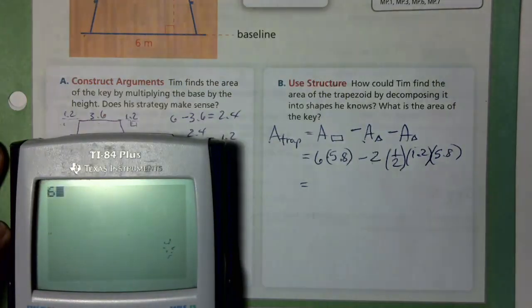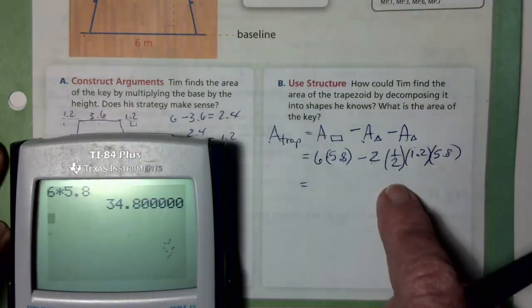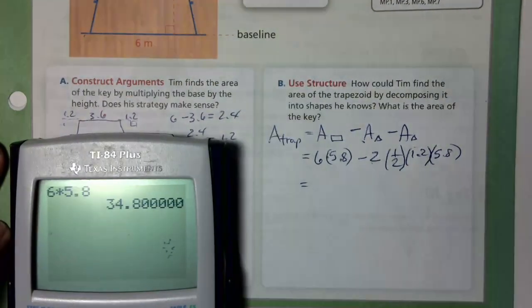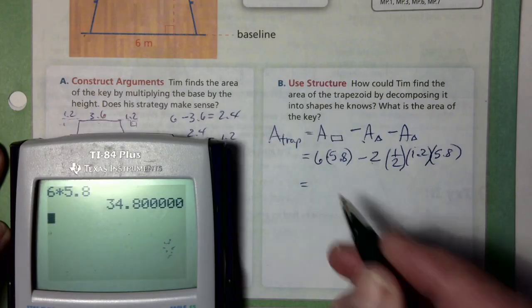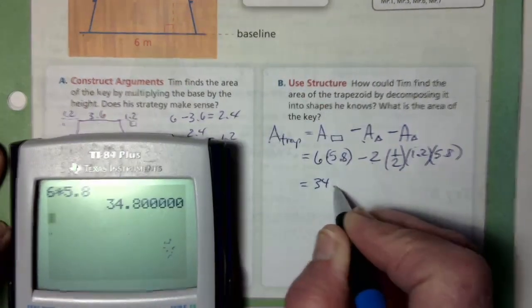Now, because you've been blessed with a calculator recently, we're going to do this on our calculator. We're going to say 6 times 5.8. But you're not going to do anything on that calculator until you have written down what you plan to do. You always write down the plan. Okay? And then I get 34.8